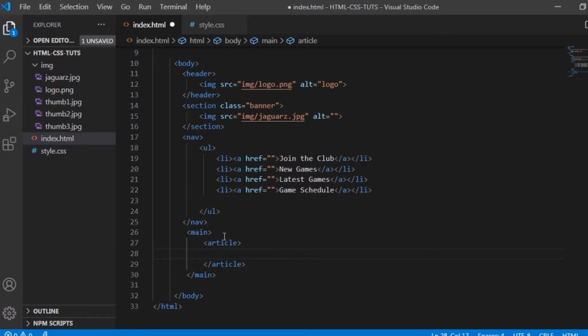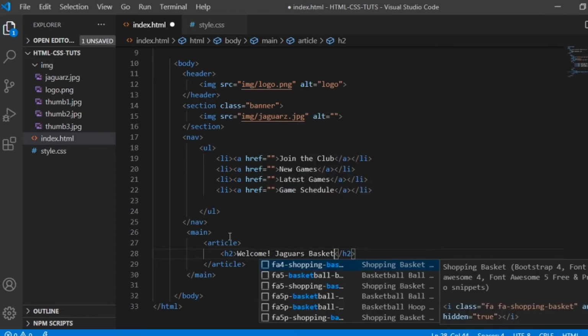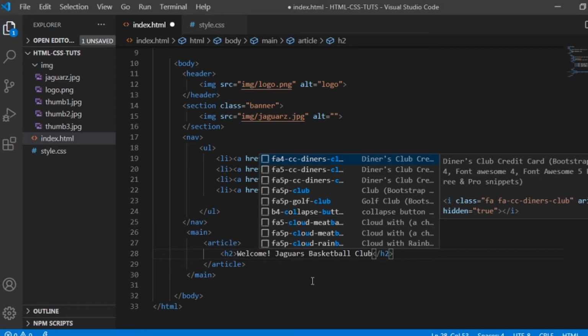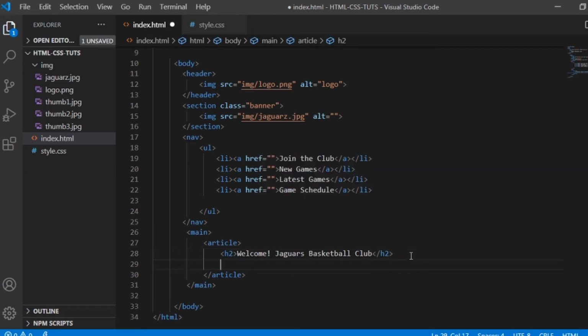So inside the article, guys, let's create a title. Let's say for example H2, and then welcome, welcome Jaguars Basketball Club.